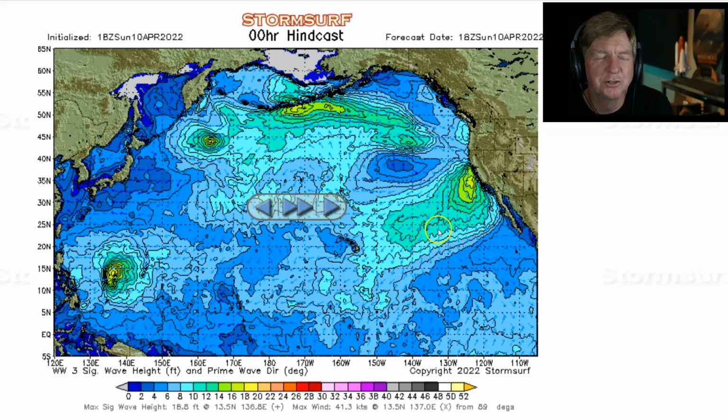Significant wave heights for the North Pacific Ocean. The effect of those winds on the ocean surface. Let's see, 8, 9, 10, 11, 12, 13, 14, 15. 16-foot seas modeled off the central California coast. Good for raw wind swell. That's about it. It's been a blown-out mess. I mean, we've been talking about that in the forecasts on the website, stormsurf.com, and it's pretty much panned out as expected. Otherwise, no real...